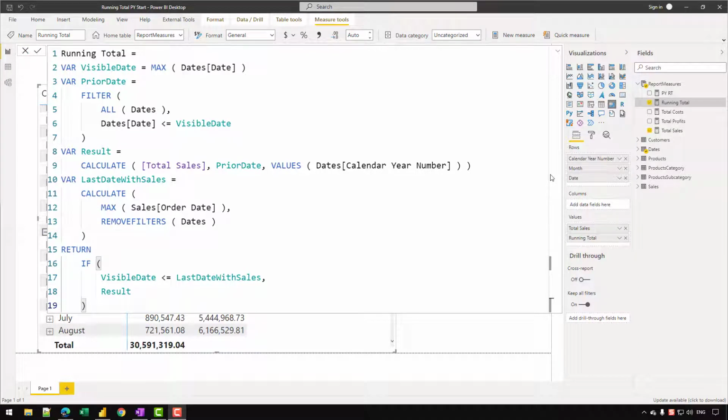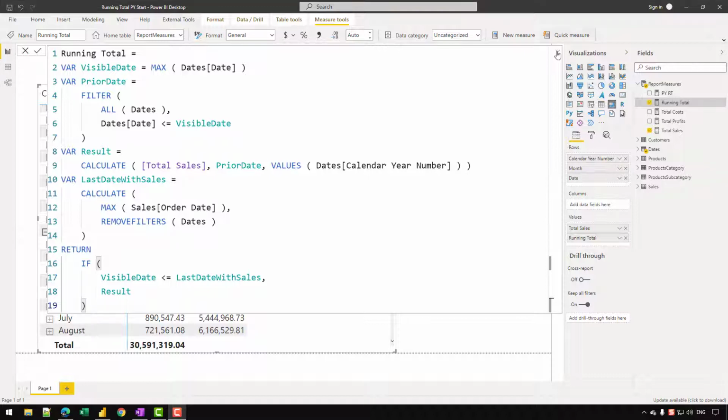In the last two videos, we saw how we can create a running total in DAX. One of them was about how we can show the running total for the current year only, and the other one was about how we can start a running total at the start date of our data model and then continue till the last date of our data model. And in this video, let's see how we can create a running total and show, in the current year, the running total of the previous year.